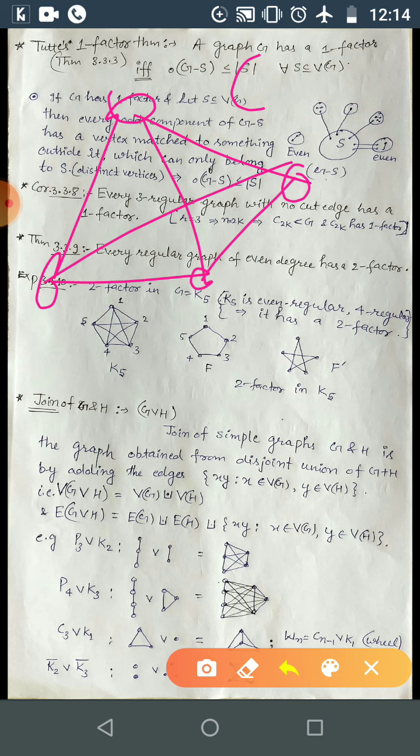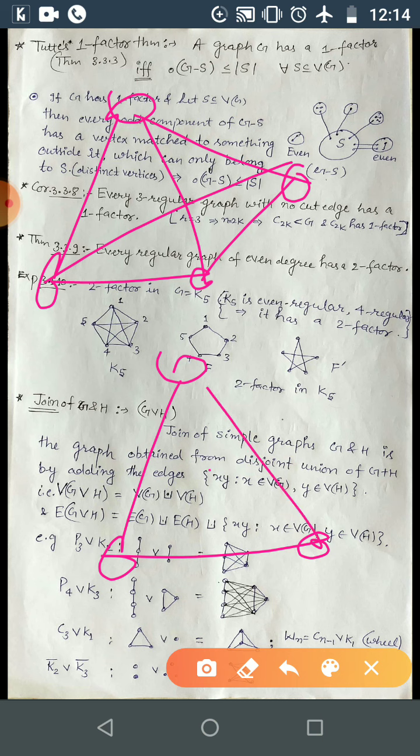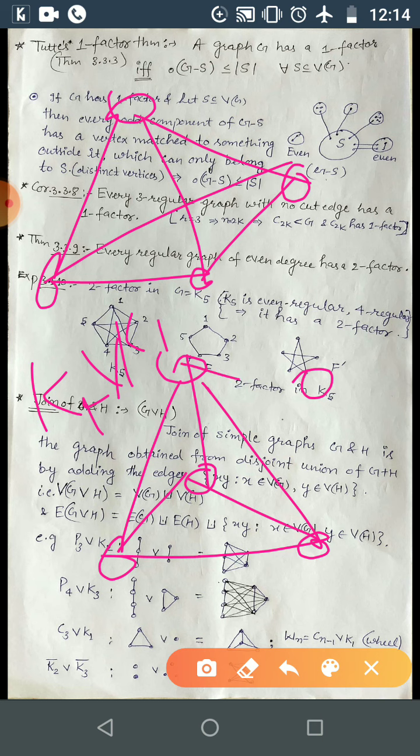So this graph you can also draw like this. So C3 is this one or K3 is this one, and K1 is here, and here every vertex is adjacent. Okay, and vice versa. So this is also K4, and K4 join with K1. So this is K4 join with K1, what will you get? All the vertices from G will be adjacent with all other vertices. So here, this is K5, correct?